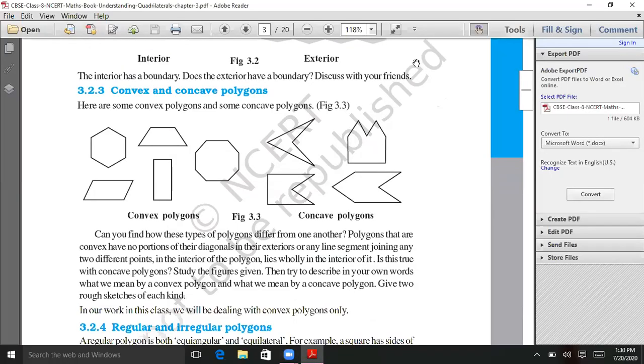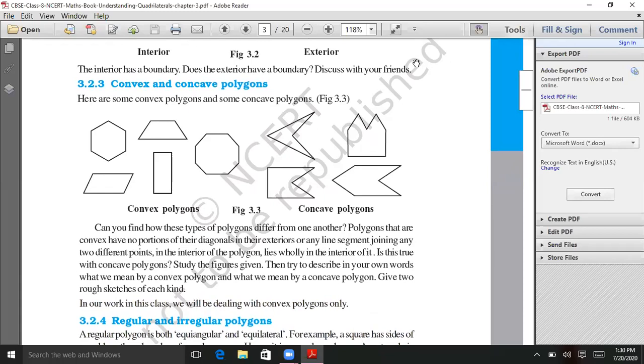In next concept, we move to the convex and concave polygon, right? Here in this chapter, we'll discuss about the convex polygons, but let's learn first what is convex polygon and concave polygon. So what is the difference here in convex and concave? Let's see how to choose it. It's already almost clear, the convex polygons and the concave polygons.